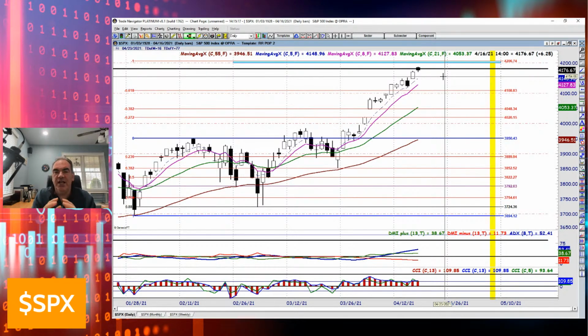You can run these same types of levels on the Dow, on the S&P, on the NASDAQ, on the RUT, on any major position that you trade. You can run an index that you trade off of. You could do them on individual equities, though they don't seem to have as much importance there as they do on the indexes themselves, like we're looking at here. So we've run up into that level right now.